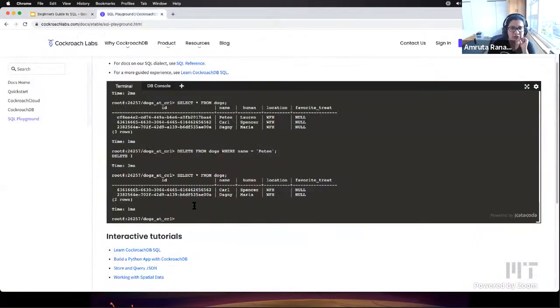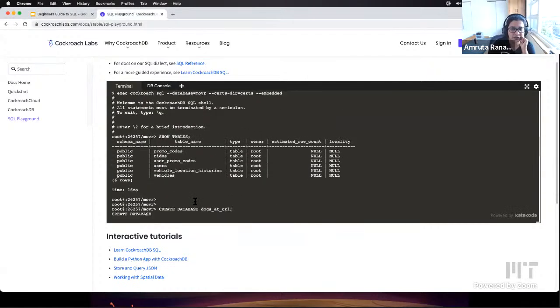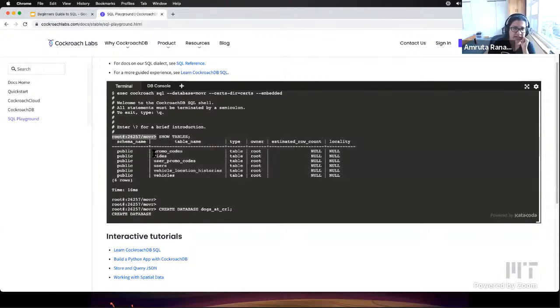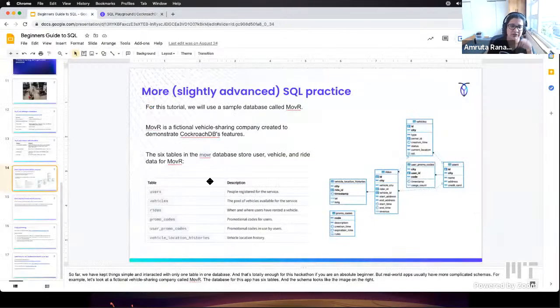So if you go back to the SQL Playground and you look at the original database that was loaded for us, you can see that that database, Mover, had 6 tables, and they are all interconnected through the primary keys and foreign keys. So you can go look at the documentation for Mover. I'll post it in the Slack channel